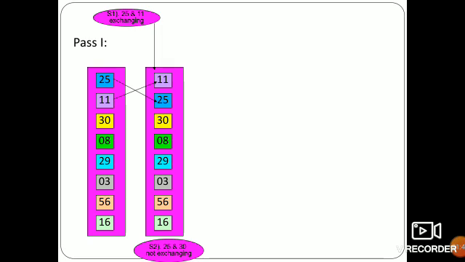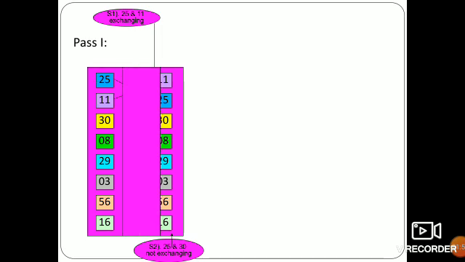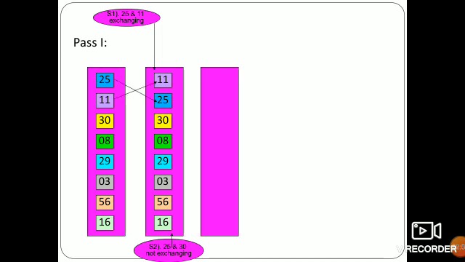Okay, again in the next swap, what we are doing is 25 and 30. So there is no need to exchange. Okay, in the next step of the first pass, we have 11, 25, 30,